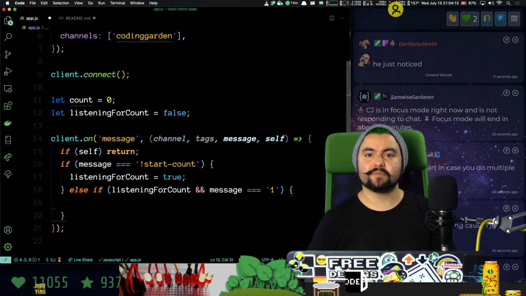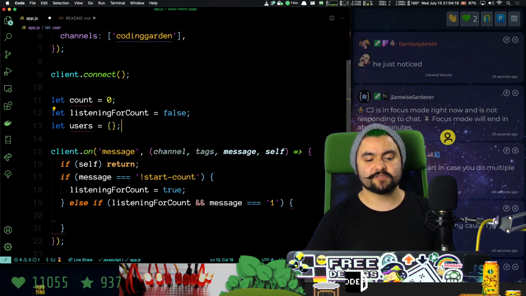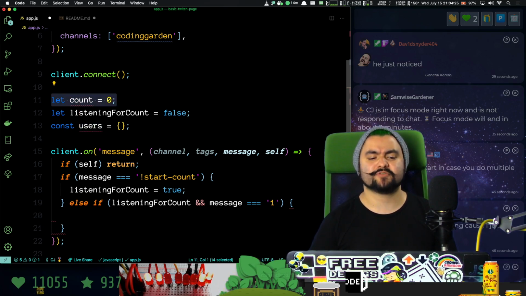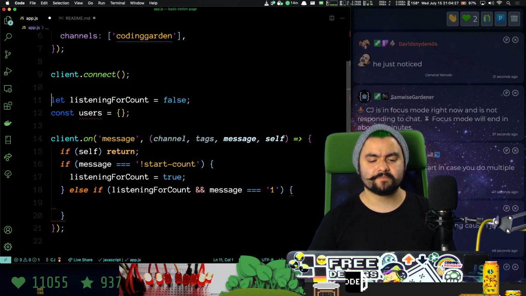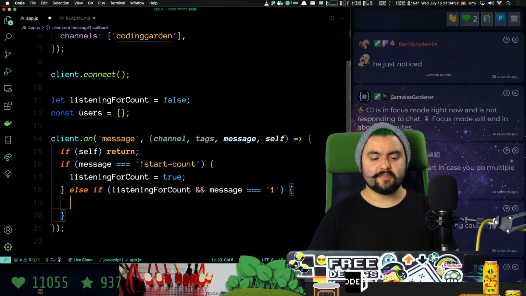And we're also going to keep track of all the users that have sent a message. So we'll have our users here, and this will be an object. And we're going to put the users in there. And technically, I can just use that to keep track of the count. Let's do that. So if we're listening for count and the message is literally the value 1, then I'm going to say